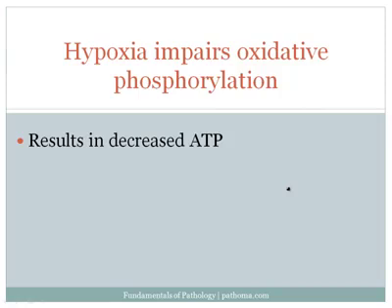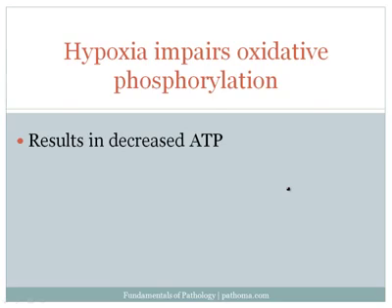So when we have hypoxia, or low oxygen delivery to the tissues, what's the consequence? That's the next discussion. The key consequence is that it impairs oxidative phosphorylation. I've already told you prior, and we can repeat this here, oxygen is necessary as the final electron acceptor in the electron transport chain. Low oxygen will result in low ability to generate ATP, and low ability to generate ATP will result in cell injury because ATP is a necessary energy source for cells.